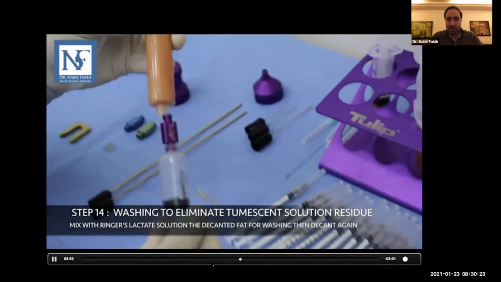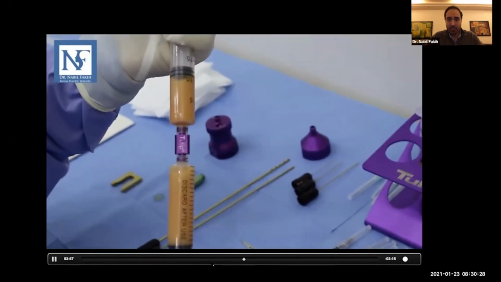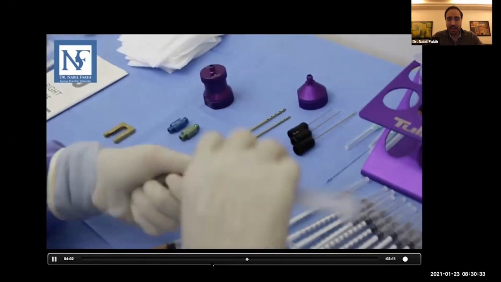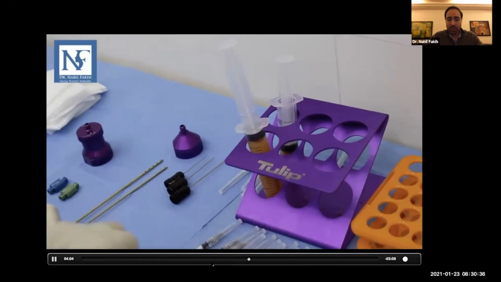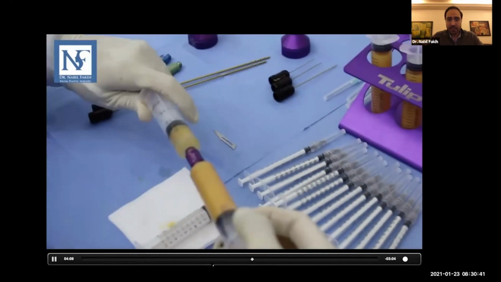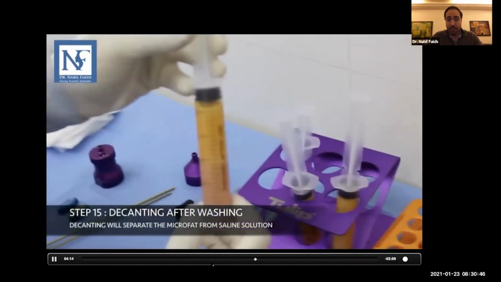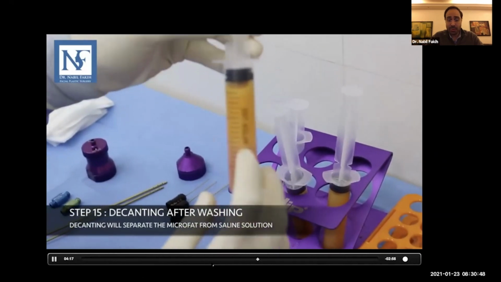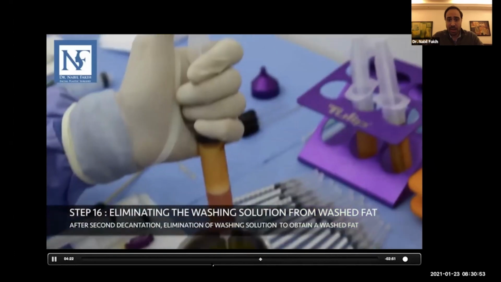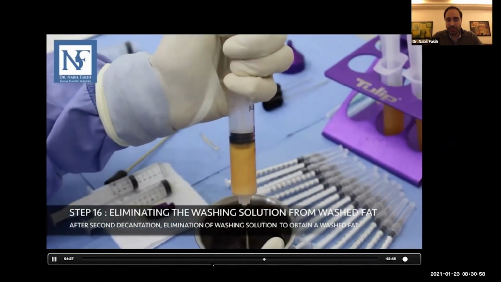After this, what I'm doing exactly is to pass it to ringer lactate to clean the microfat. So we pass it to ringer lactate, 50% ringer lactate, 50% microfat, and we do with the other syringes the same thing. Okay. So remember that I'm preparing nanofat only. If I'm preparing microfat, I don't use this transporter that you have seen. I'll be using the decanter transporter. I'm using this transporter, reducing the fat size, but no worries, because I'm planning to do nanofat.